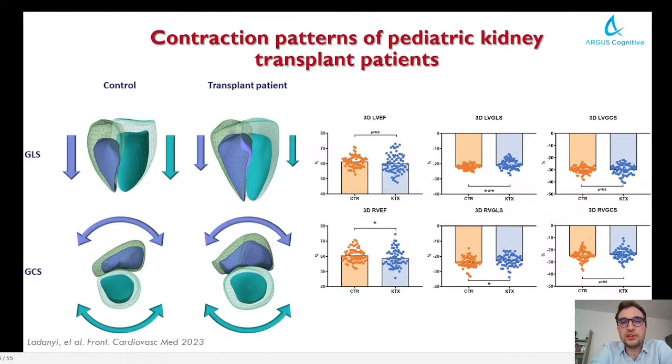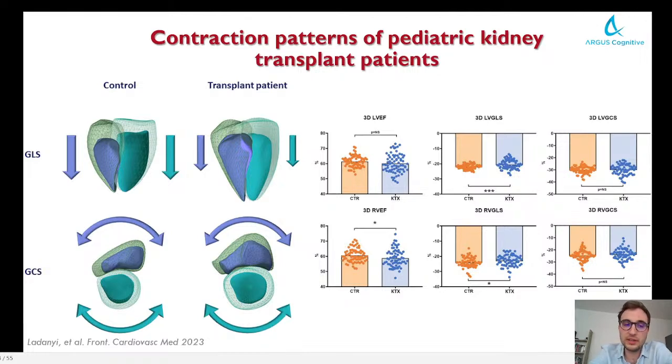Recently we published an interesting study in which we enrolled pediatric kidney transplant recipients without overt signs of any kind of cardiac disease. So this is a non-cardiac disease population. However, we can definitely say that they are a high-risk population with multiple risk factors of some kind of cardiac dysfunction. What we have seen here is that patients had a mildly depressed right ventricular ejection fraction compared to healthy controls, which was mostly